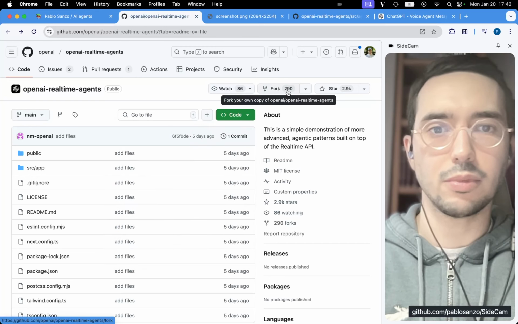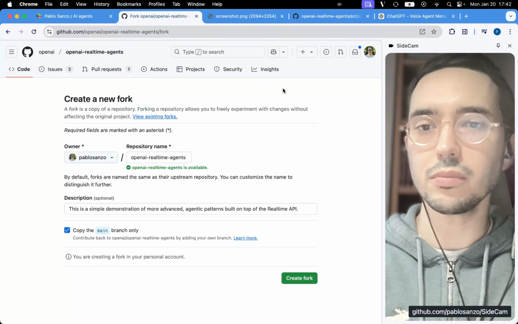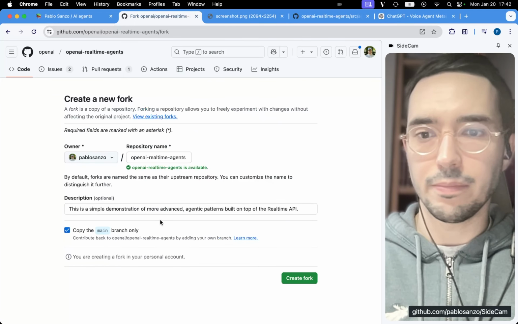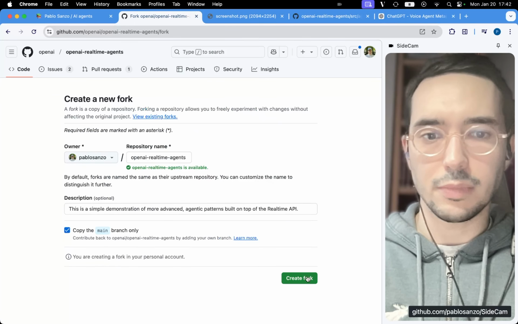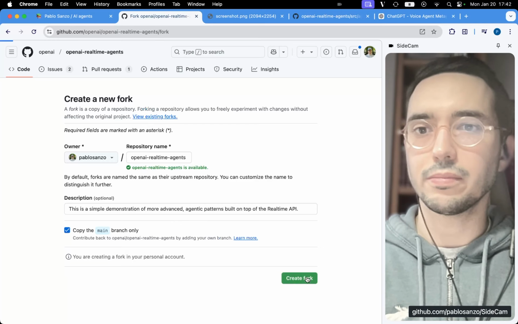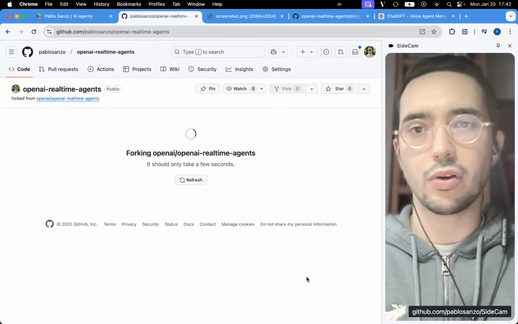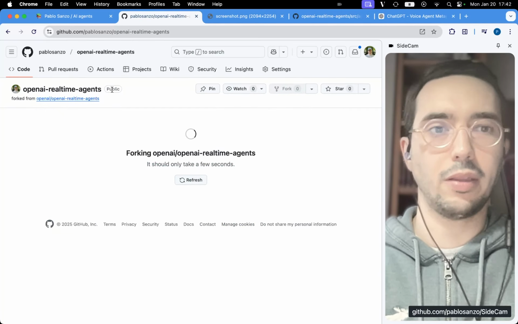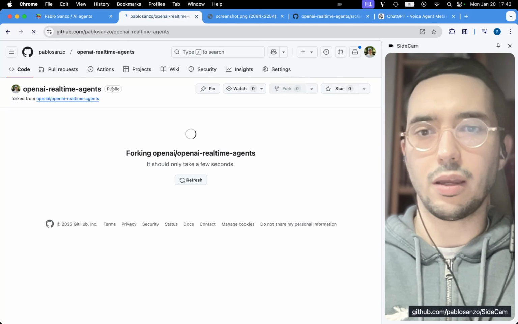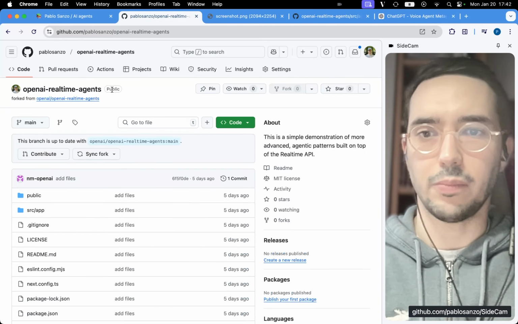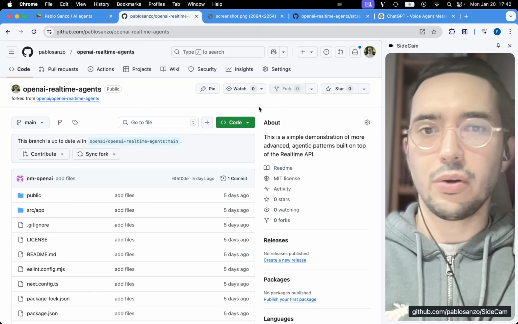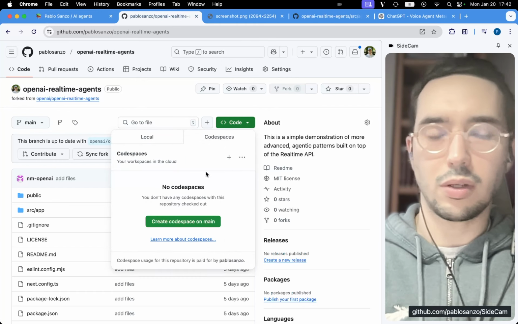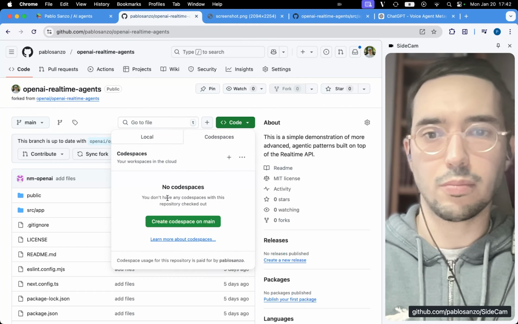So I guess as a first step, what I'm going to do is create my own copy of this one. I'm going to fork it. I'm going to create that fork. I believe that anytime we create a fork it is public by default, and it cannot be made private. We don't need it though. It's fine. So now we're going to go here, code, and I'm particularly fond of this methodology, which is using